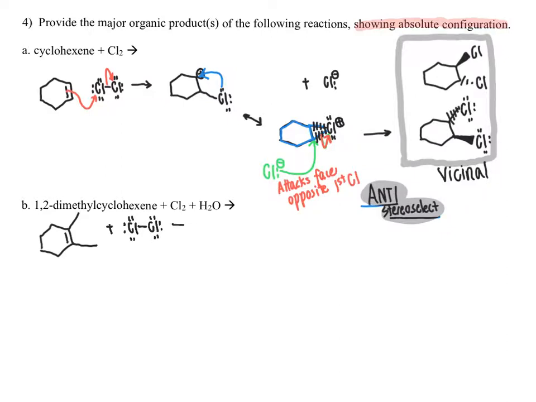The bond between the two chlorine atoms is relatively weak. I'm pretty happy to break there. So it's going to get attacked by the alkene, comes in, forms a covalent bond to the chlorine, forces the bond between the two chlorine atoms to break, and that's going to give us a new chlorine atom on one of those two carbons, positive formal charge on the other,